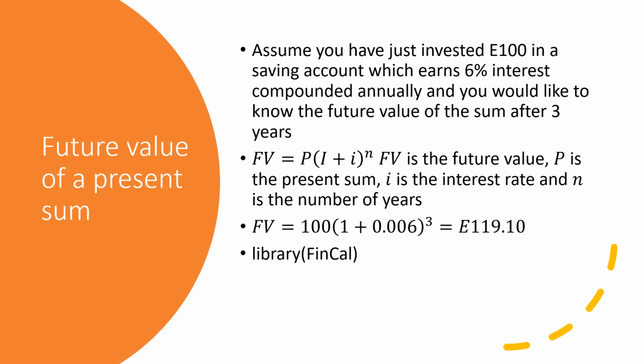Now, if you look at the example we have there, our P is 100, then our I is 6%. This cannot be 0.006, it should be 0.06. It's a mistake. Correct it. It's 0.06, not 0.006. Then n is to the power of 3. So if you try to calculate that, then you get 119